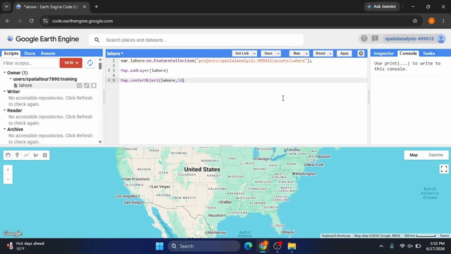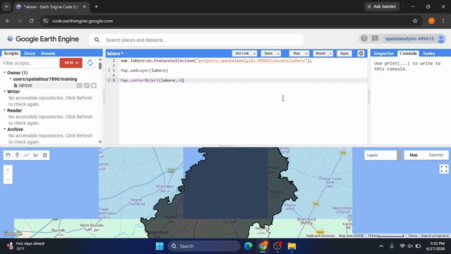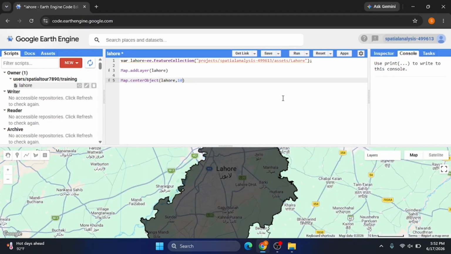Now you can see it has been zoomed to level 10, and now you can easily see your area of interest